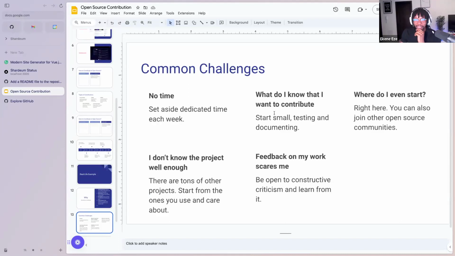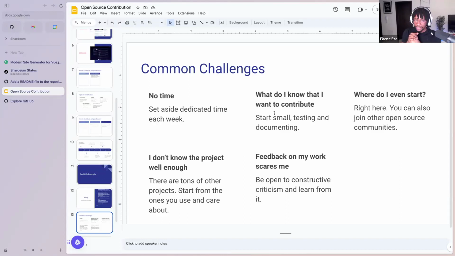I can't remember something very recently about the Linux operating system. I've never used any Linux thing in my whole life. I don't know anything about Linux. And there was some, I don't know, last week. I'm just trying to make references to when I felt like this, like what do I know that I want to contribute? Somebody sent me something else. I'm like, I have zero idea about this thing. So I don't know how I'm going to be able to contribute to that.